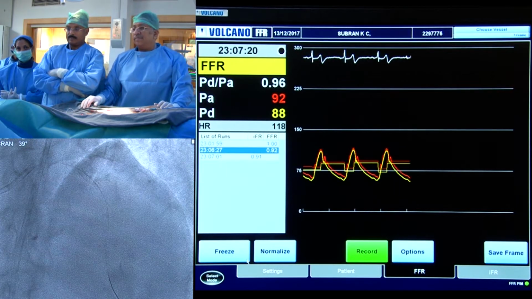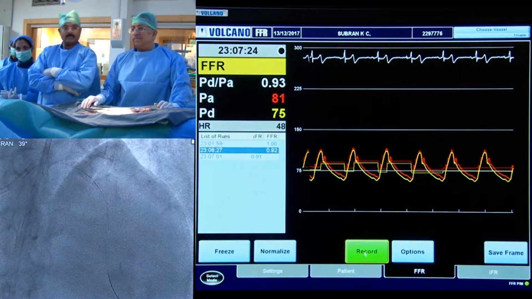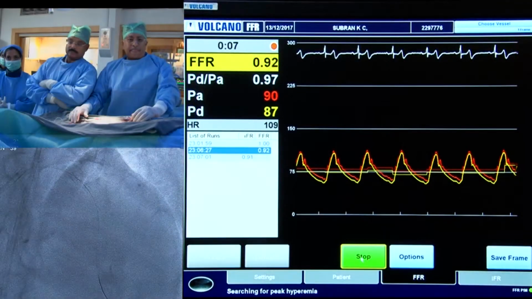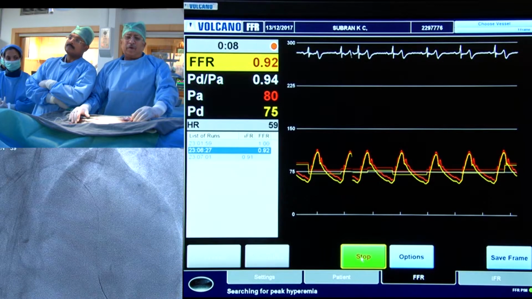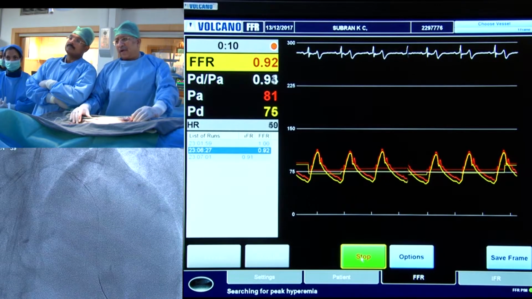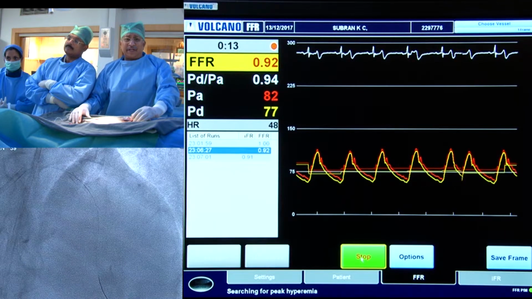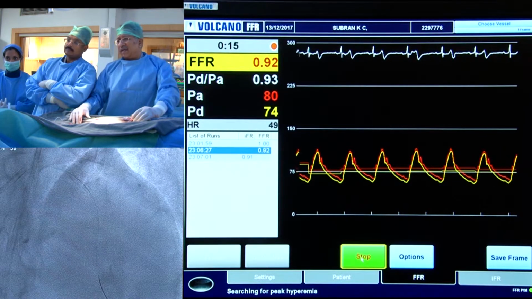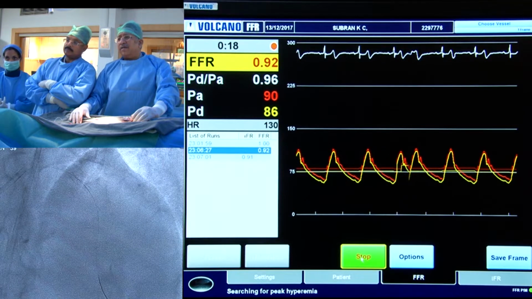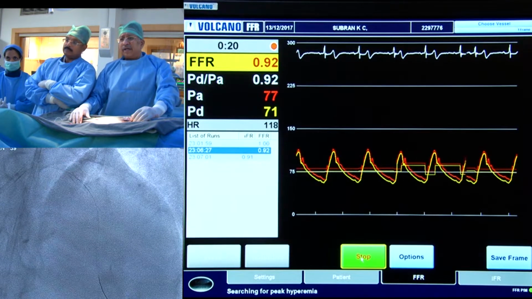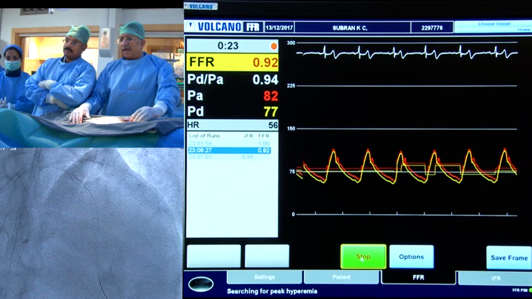Start now. Good. So our iFR was 0.91. That was borderline, and I think 0.89 is what we consider significant. So we're doing an FFR to find out if it correlates. So the adenosine infusion is on, and